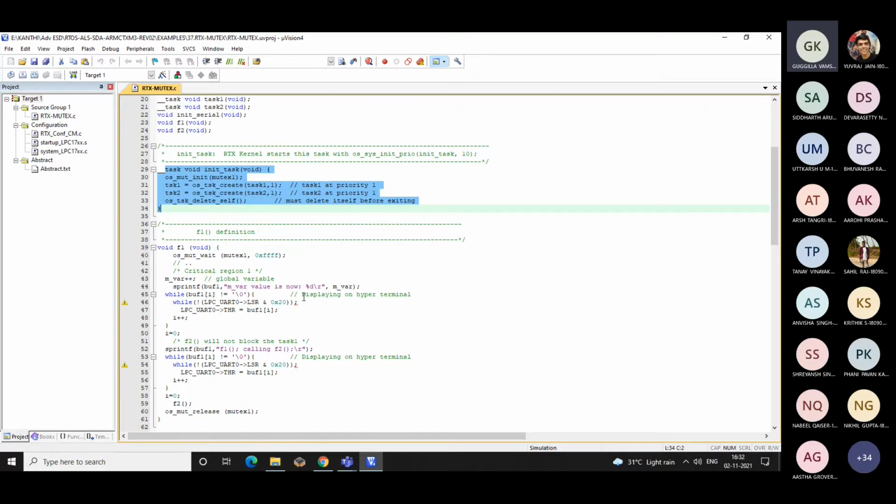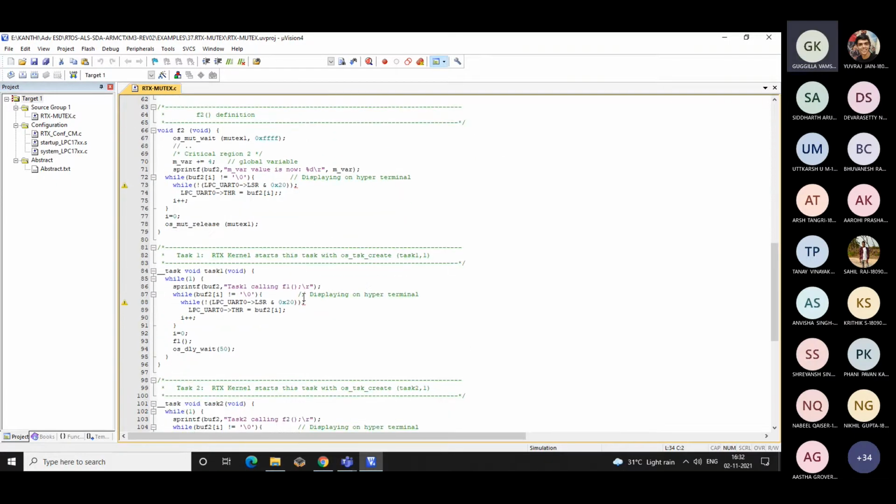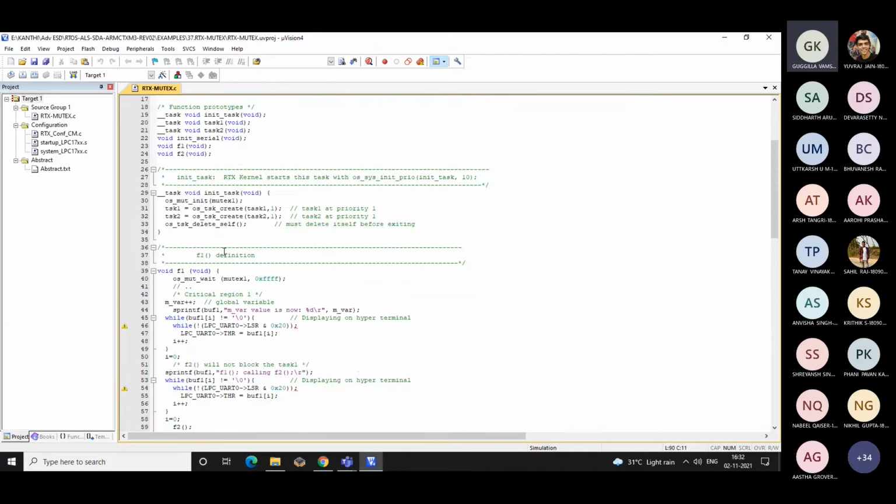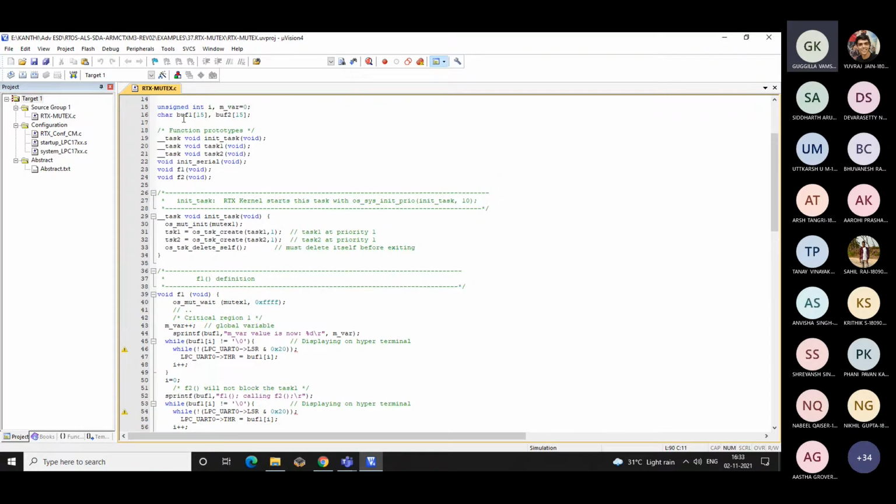Okay. Then we have task 1. In task 1, we have defined two buffers here. That is for the message. You reserve some memory with some buffer size, array size, for two tasks.